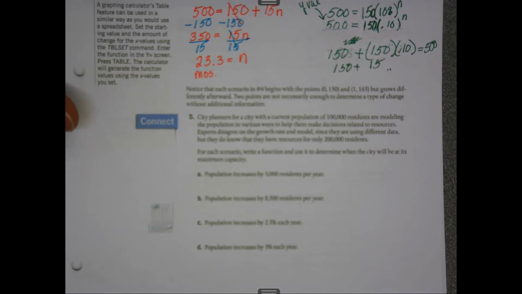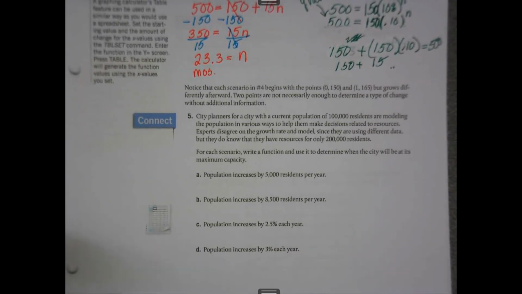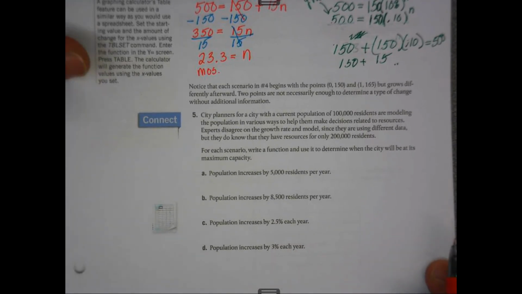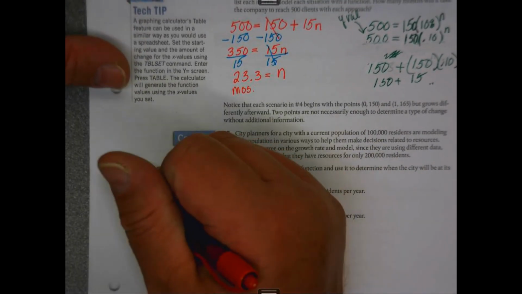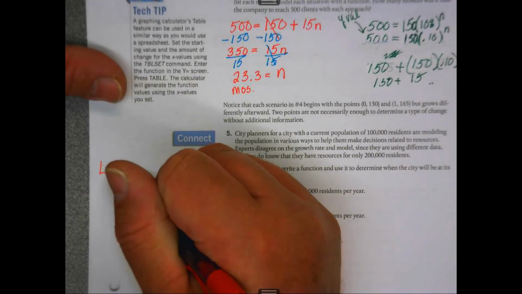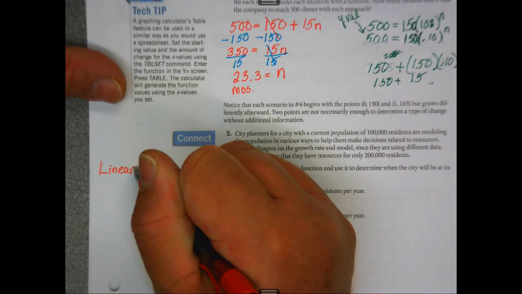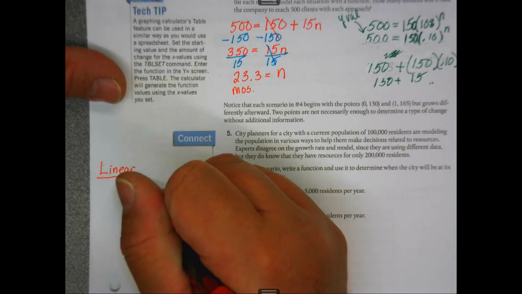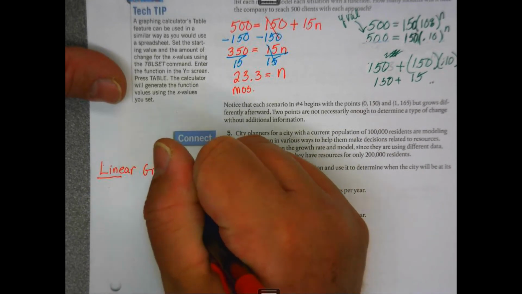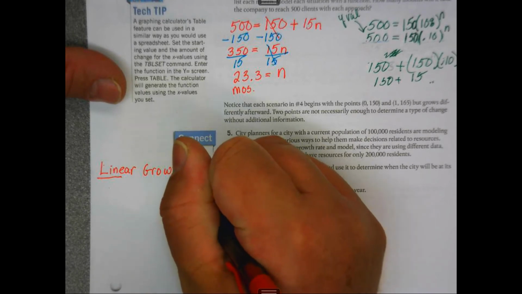Okay, we're going to go back. They're trying to explain how these geometric and arithmetic sequences fit into exponential growth and linear growth. You've done this before, okay? We know that linear growth, linear, which means line, growth or decay,